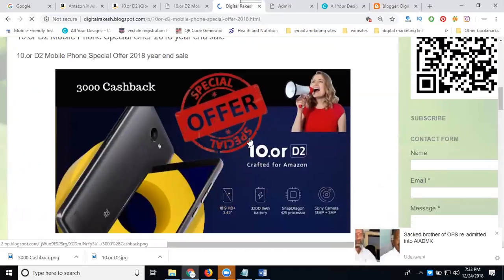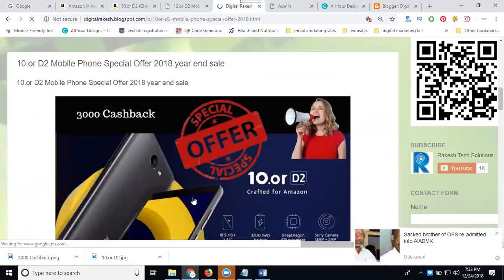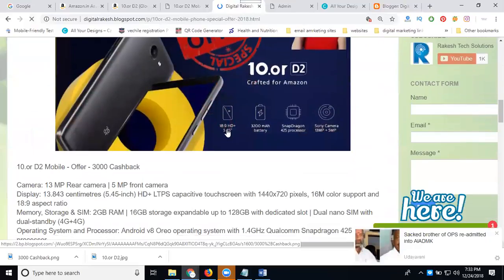Is it clear? People easily watch your total information, your cashback, special offer, and your mobile specialization. So this is how you increase the links on your blogger for sales and generating blogger traffic. Is it clear? This is how you add your affiliate marketing program link on your blogger website.